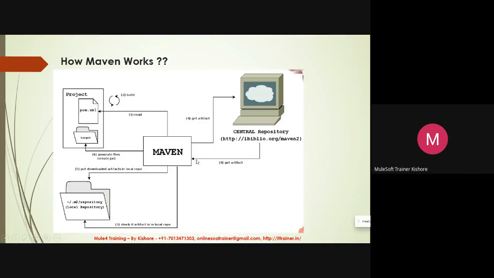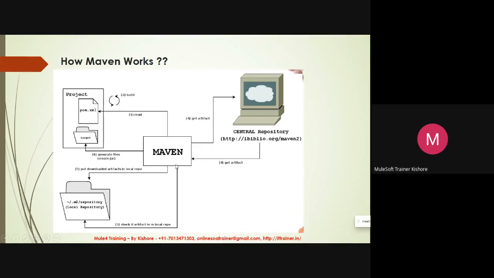Once it gives you the jar, it will keep that jar in the local repository, and then it will compile or package or whatever, and the output will be written in your target directory. This is what the Maven lifecycle is. It will read the pom.xml, where you mention what needs to be done, and then it will start building.